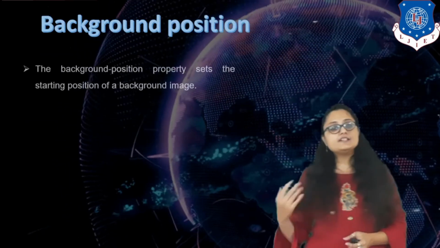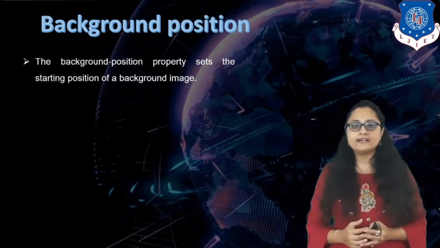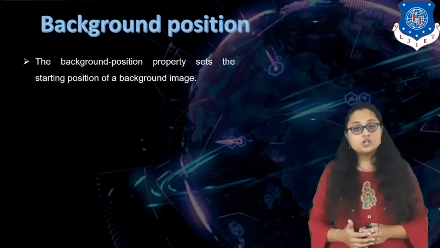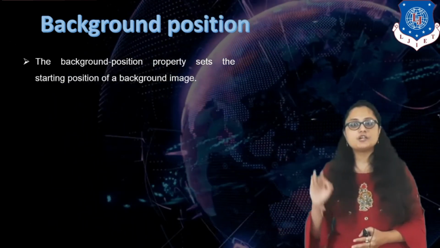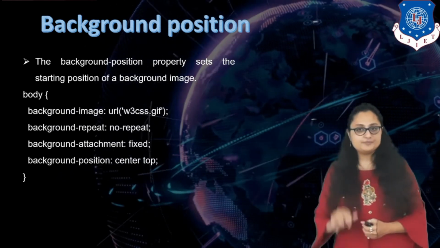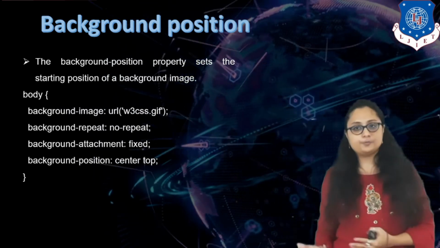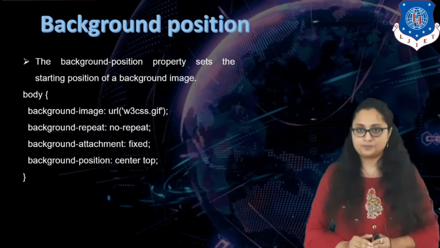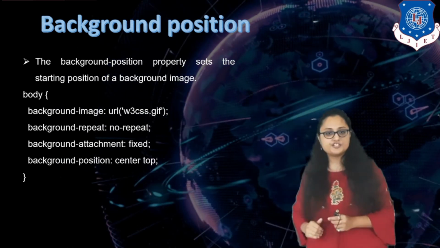Okay, the next is background position. It is a possibility that you want to specify a background image in a particular position for your element. For that you can specify the background hyphen position property. So here you can see the first thing that I have specified is background image. Again, this background position is not an individual property. This is only specified when you are using the background image property. So the mandatory property which you have to specify is background image, which I have already specified.